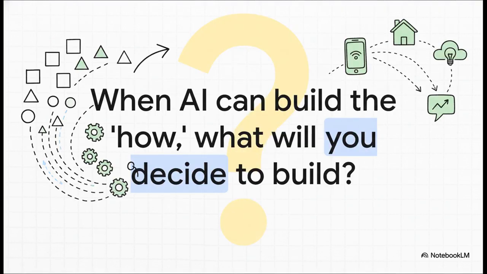So this really brings us to the most important point of all. For so long, the biggest thing stopping people from creating amazing software was the how. Learning all that complicated code. But what we've just seen is that AI is getting really, really good at handling the how for us. And that leaves us with a much bigger, and honestly, a much more exciting question. When the AI can